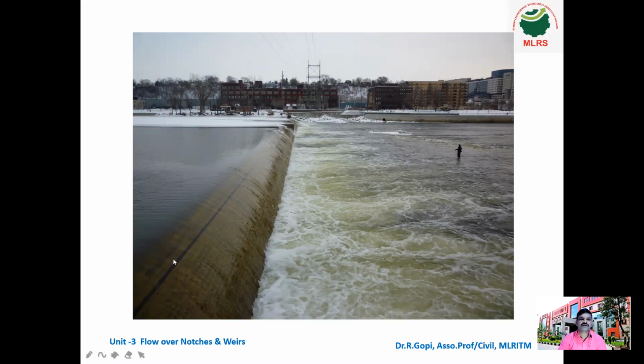You can see here this is the crest, and you can see the length of the crest, it is a huge length. Water is flowing above the crest. You can see near the crest the depth of the water slightly increases. This is due to the velocity of approach, as we saw in previous class problems. In this picture we can clearly see the head of the water. This is the best example for the broad crested weir.